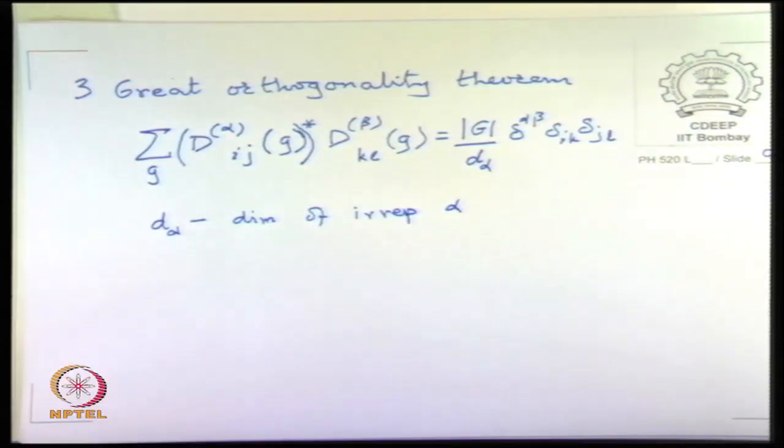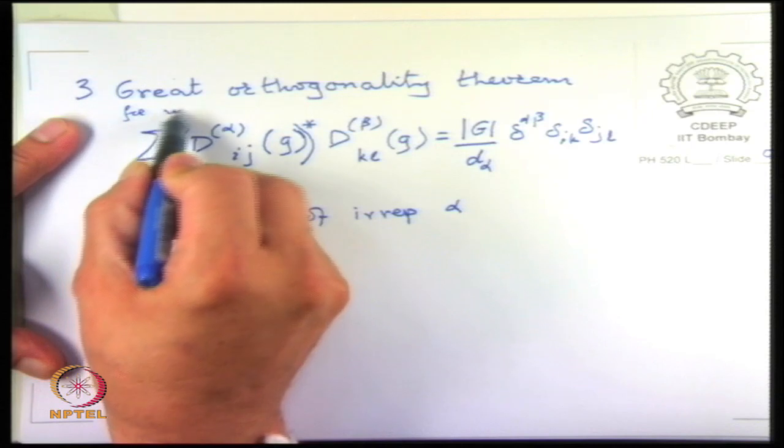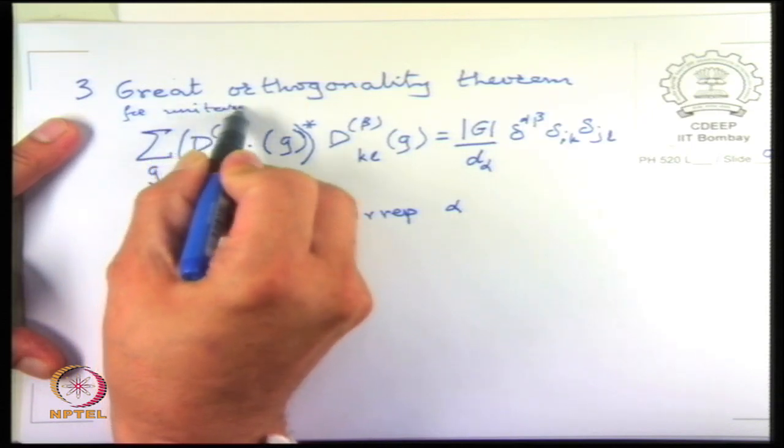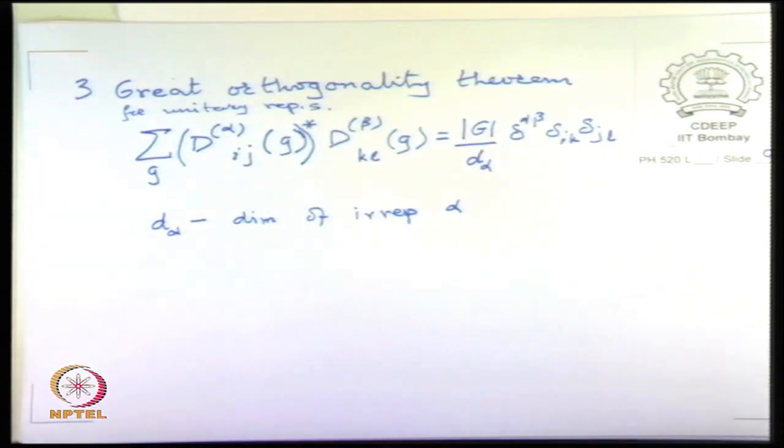I think the rest is clear. And this is for the unitary representations. This is going to be a very, very powerful theorem, because it says that the matrices in any irrep have to be constrained in this particular way. So, in some sense it is like imposing conditions on all the rows and columns of all the representations, but there is a summation over all G.